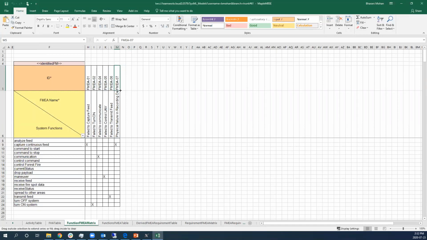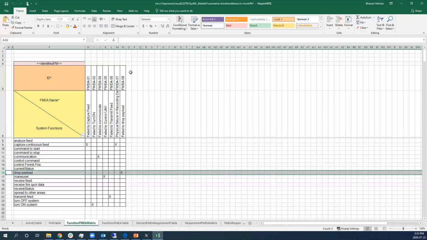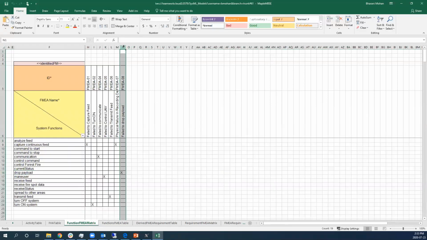So I'm providing an ID for the failure mode. And I'm going to call this payload. Sure. I have given an ID and the name for the failure mode. Now I want to link it to the failure to drop payload. So what I'm going to do is add an X, meaning that I want to create a kind of relationship, that this failure mode, FMEA 08, is linked to the drop payload